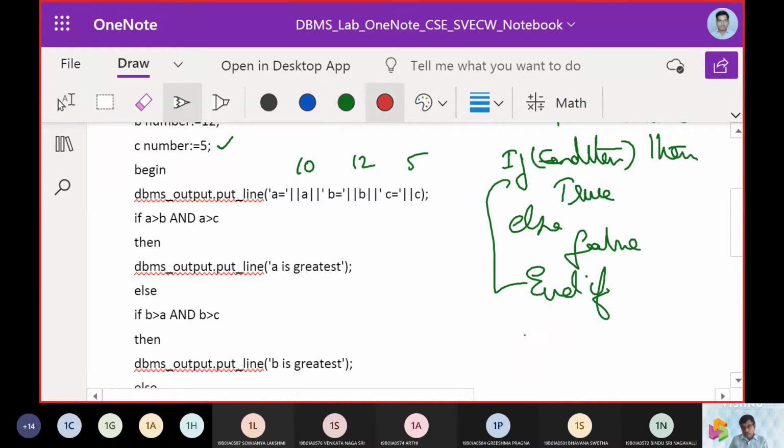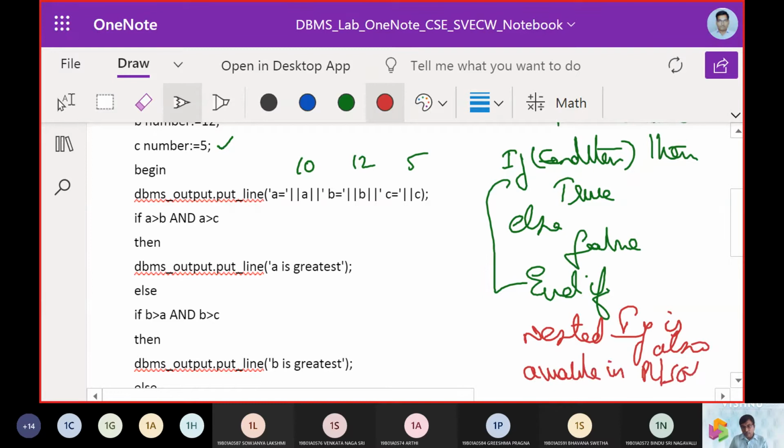Similarly, I can say nested if is also available in PLSQL. So what is nested if? Nested if is an if inside another if.